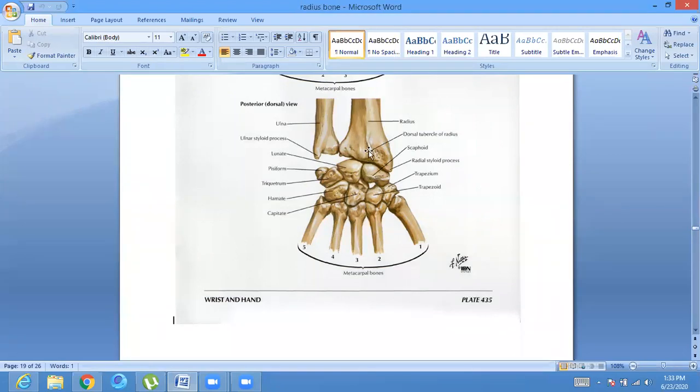ठीक है, तो यहाँ पे posterior surface of the lower end of the radius के ऊपर we have got 4 grooves. ये grooves क्यों बने हुए हैं कि यहाँ से the tendons pass कर रहे हैं, forearm के long extensor tendons, जो यहाँ से pass करेंगे and they are going to be inserted over the dorsum of the hand, right? और मैंने आपको बताया था कि on the dorsal aspect of the lower end of the radius we have got a prominent tubercle that is called the dorsal tubercle of Lister or Lister's tubercle, right?